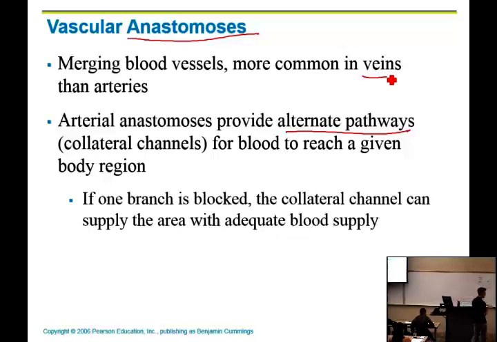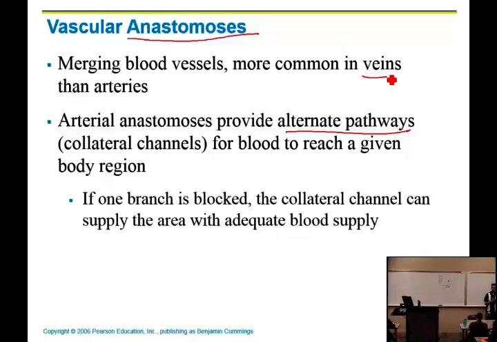This is a case where we'll have branching patterns that will be redundant with feeding or draining a particular region. So rather than just having one vein that drains the blood from that particular region, maybe there are two other pathways coming from that region. That way, if there's a problem and we get a blockage, we've got backups, right? You've got a detour to get around there rather than just having that tissue die off. That happens a lot with veins, and if there are problems with veins, like last time we were talking about varicose veins,